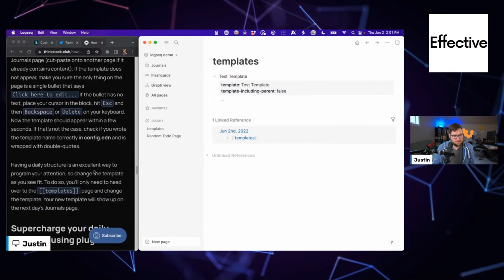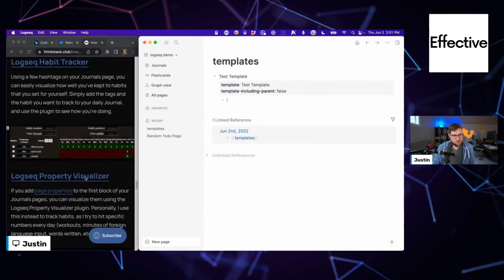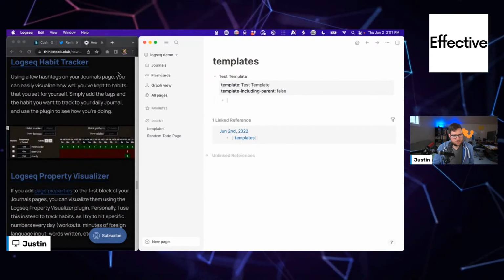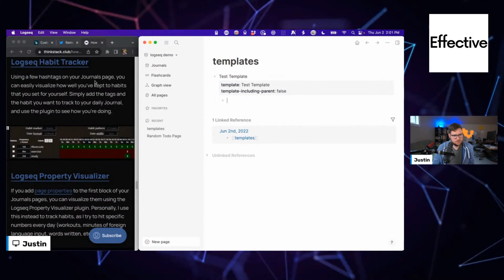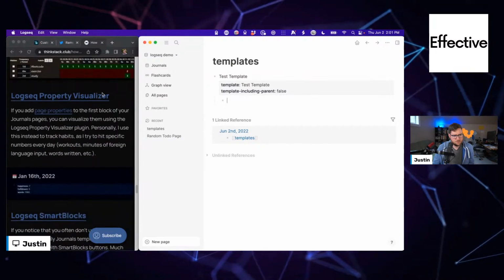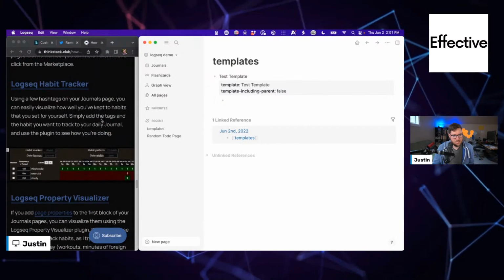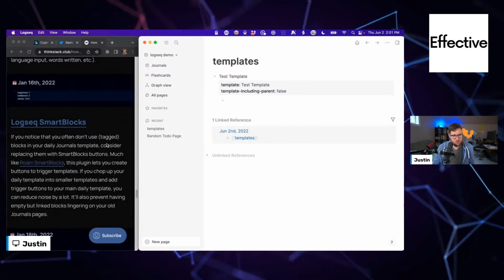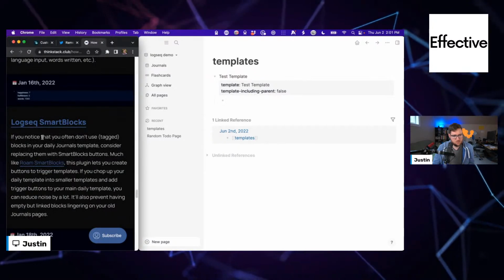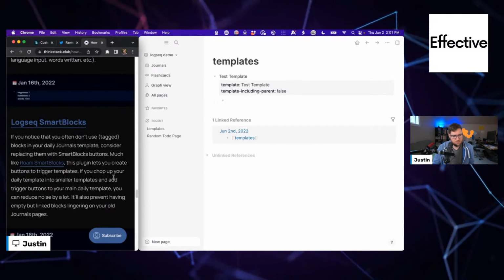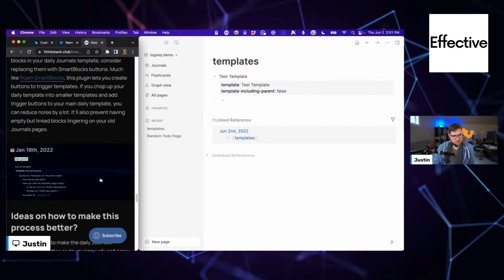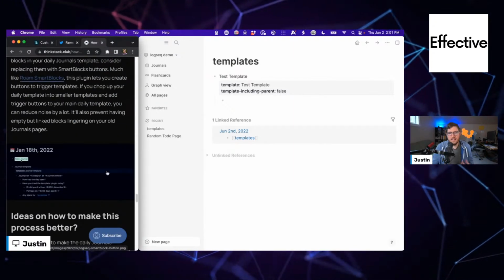That's really handy. Property visualizers, habit trackers, smart blocks. Nice. I love that.